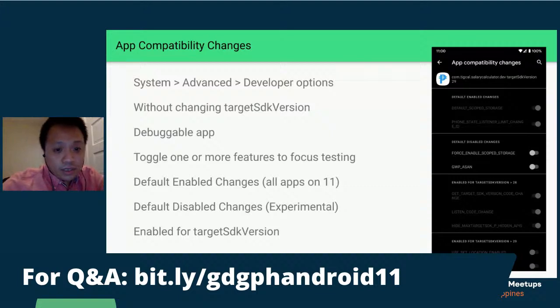And then at the bottom, like for example, if your app is targeting 29, so you can preview all these new changes, then you can turn them on one by one. So like, for example, if your app is targeting an even lower version, you have to set them. Like for example, if your app is targeting 28, you have to first, of course, check the changes for API level 29 and then for 30.